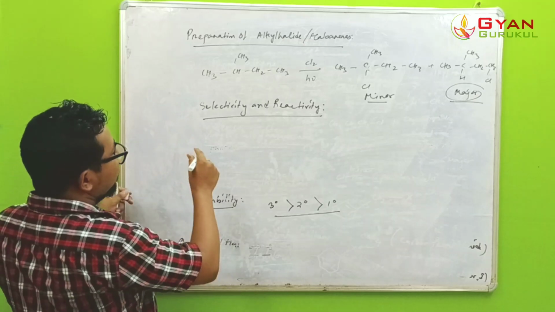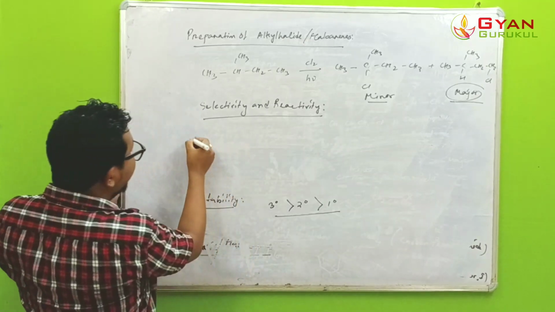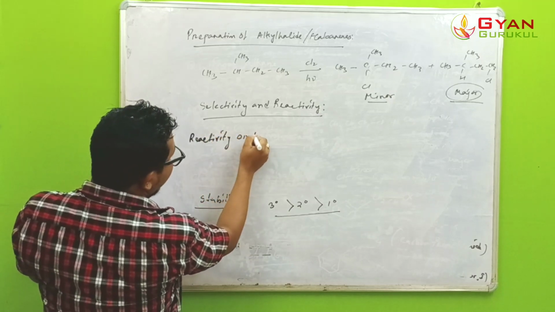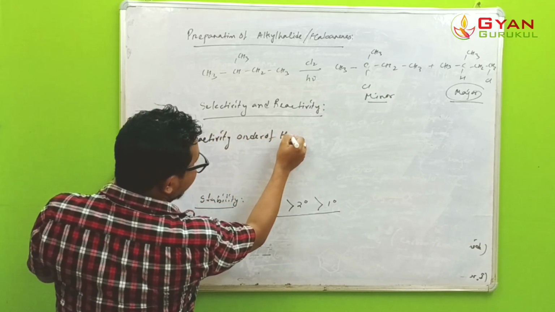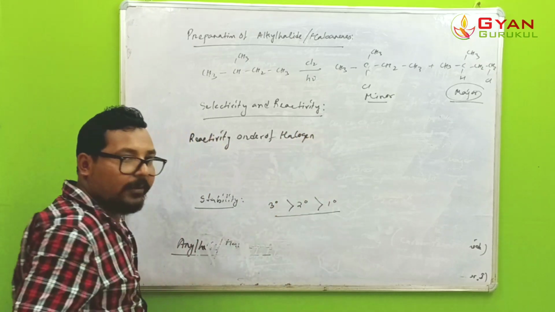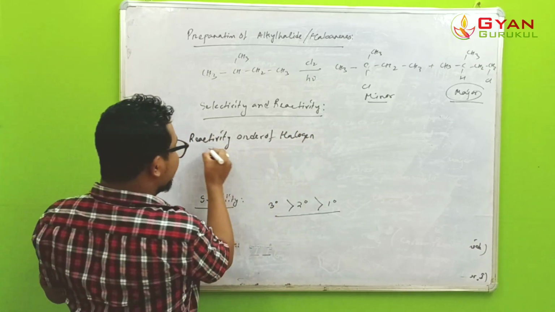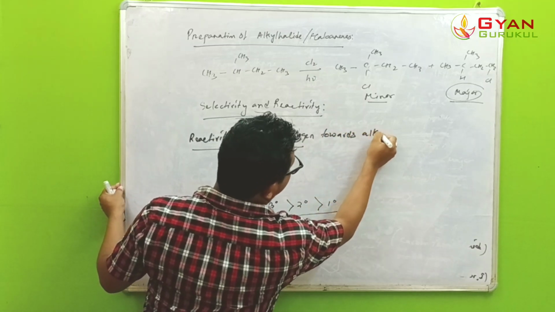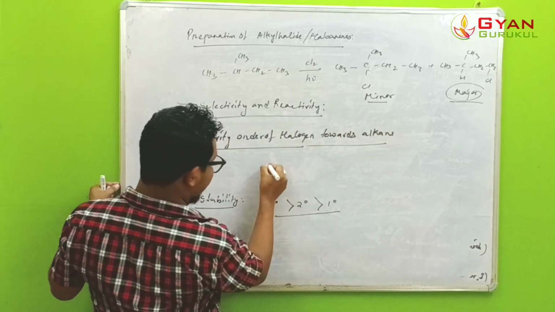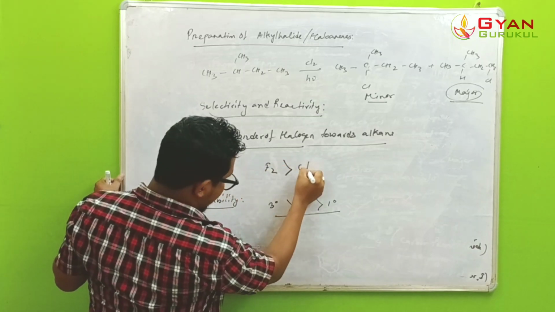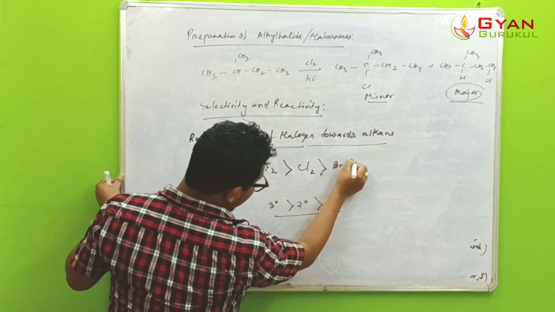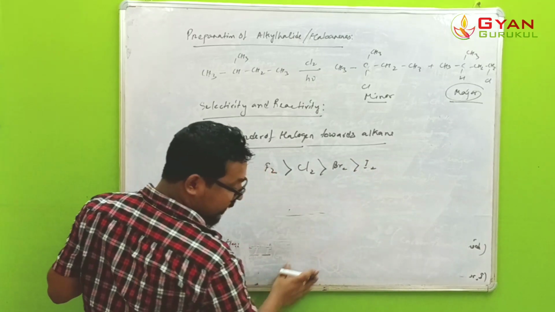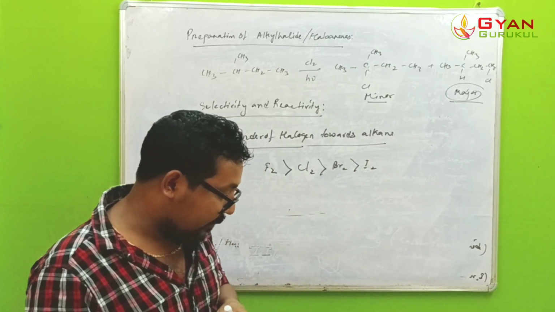Pratham kotha, the reactivity order of halogen. Reactivity order of halogen towards alkane is like this: fluorine, next chlorine, next bromine, next iodine. This means fluorine is more reactive than chlorine, chlorine is more reactive than bromine, and bromine is